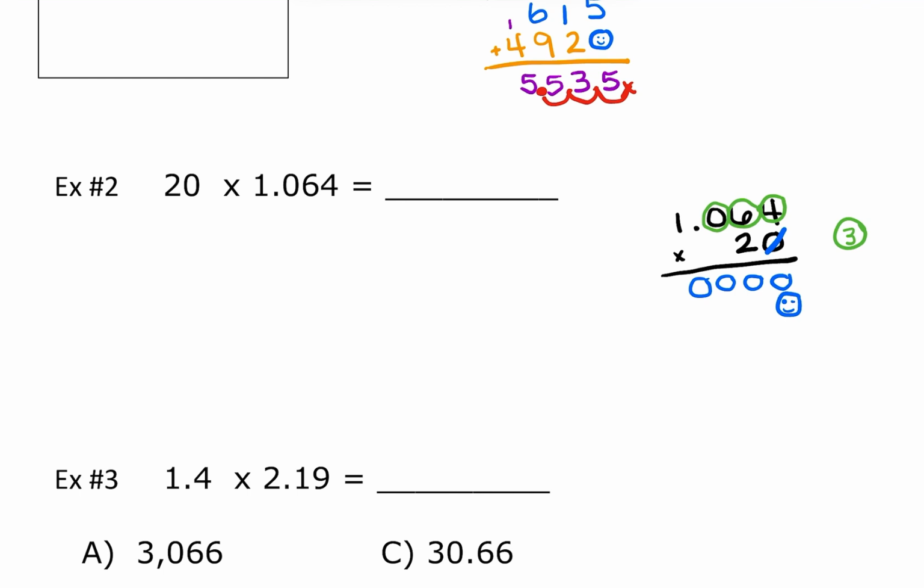So smiley face. Now we can multiply our 2. 2 times 4 is 8. Then I get 12. 2 times 0 is 0. 0 plus 1 is 1. And 2 plus 1 is 2. And now I can add. I get 0, 8, 2, 1, 2. And then I have to put my hops back in. I have 3 hops. So starting at the back, 1, 2, 3. All right, so my final answer is